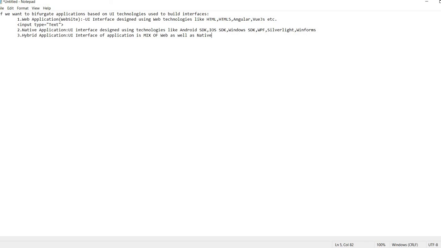So in this case also, your interaction will not be only with web elements, and it will not only be with native elements. Here your interaction again is a kind of mixed interaction, like a few of the web elements you will interact with and a few of the native elements you will interact with.